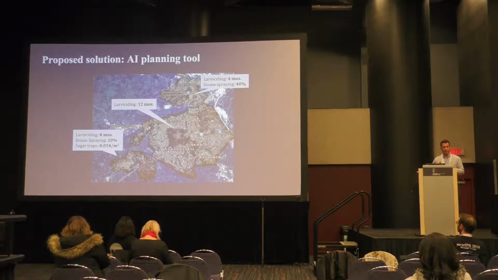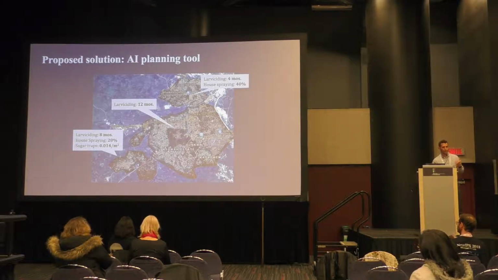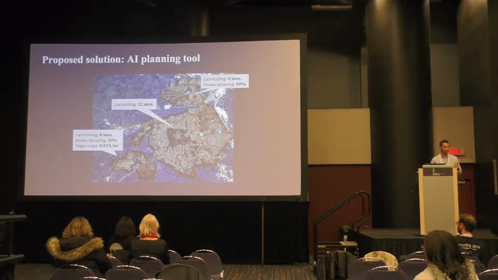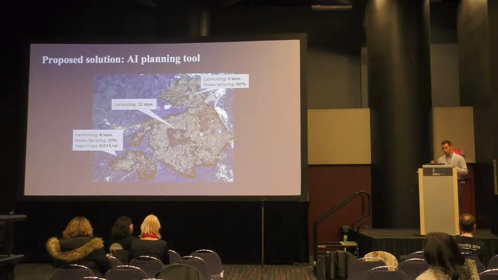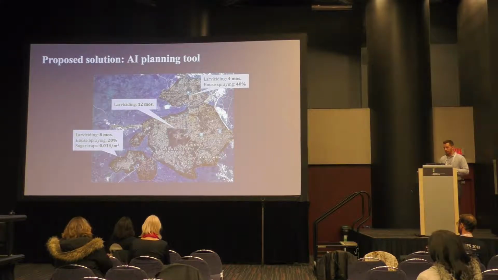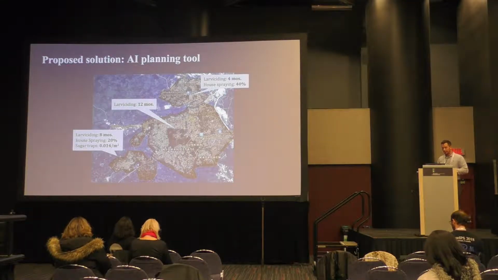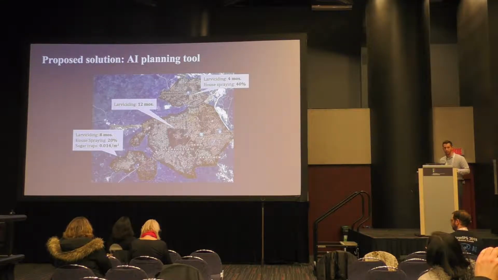So our solution is an AI-enhanced planning tool that will basically assume the role of the malaria expert in deciding what interventions should be performed where. And it does it by looking at individual communities, offering individual communities different interventions. So this is an example of what a recommendation might look like. For example, in a big city where there's fewer water sources per person, larviciding, which is treating the water bodies, may be more effective. But in smaller areas or in areas that are far from water, there may be different interventions that would be recommended.